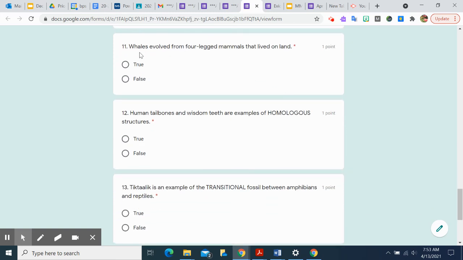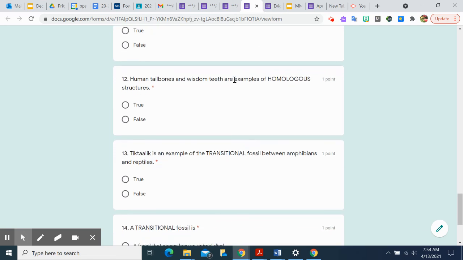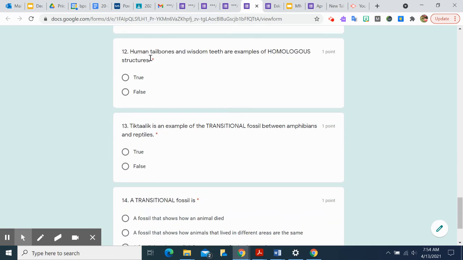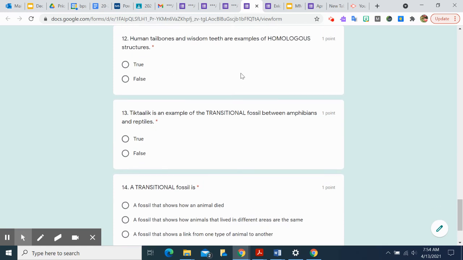11, whales evolved, or changed, from four-legged mammals that lived on land. Is this true or false? Whales evolved from four-legged mammals that lived on land. Number 12, human tailbones and wisdom teeth are examples of homologous structures. True or false? Which means are they the same